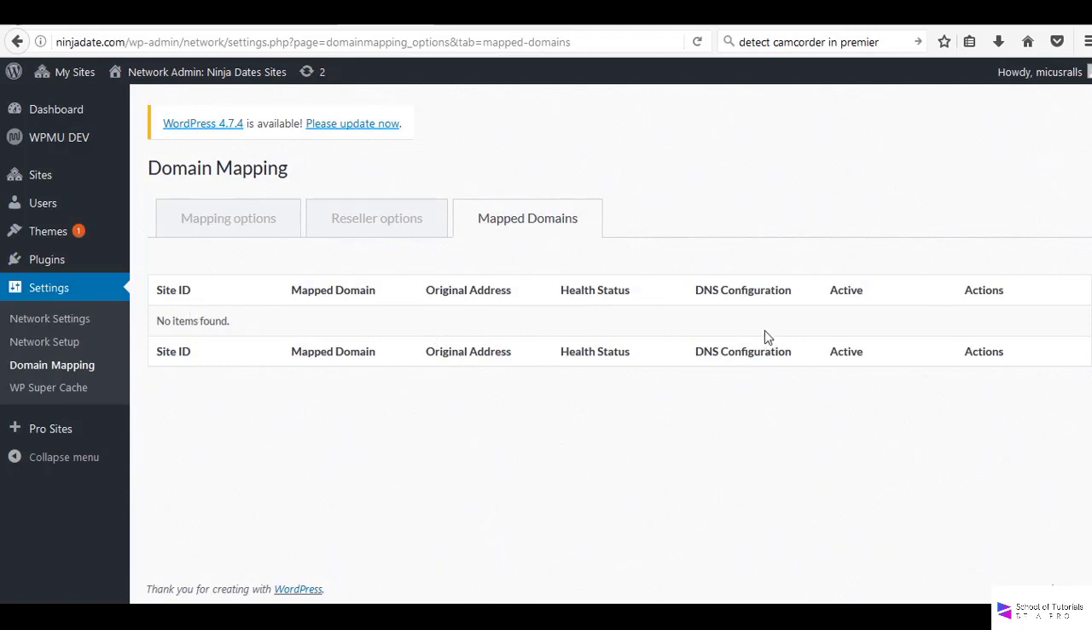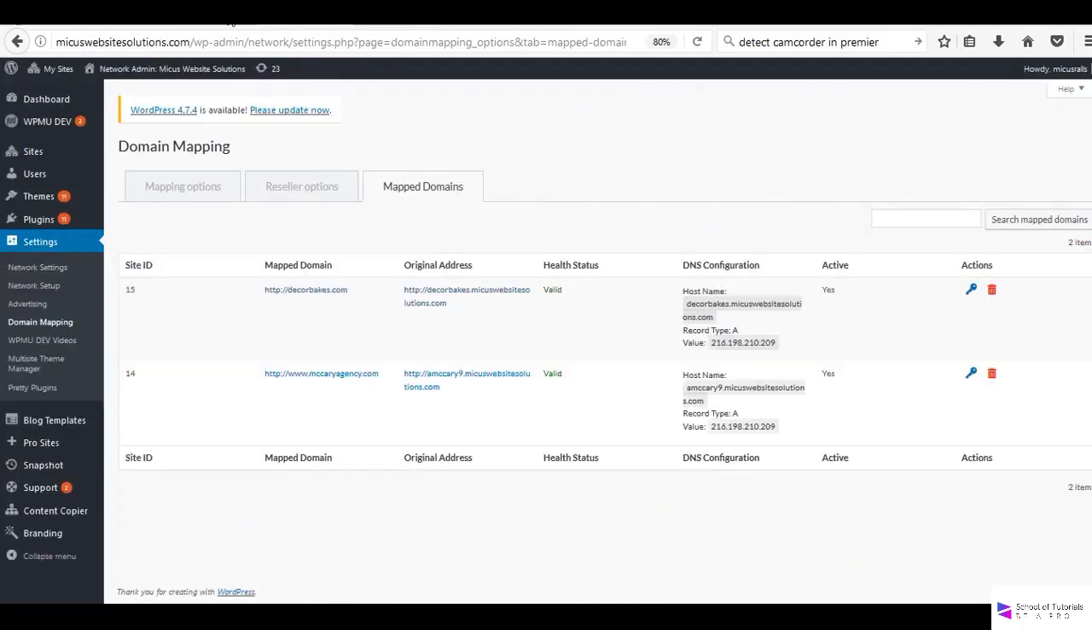So what I'm going to do is show you what mapped domains look like, because on my other site, I actually have a couple of domains that are mapped. So now I am in the domain mapping dashboard, or the network dashboard, on one of the networks that I manage. And I'm going to show you what it looks like once a domain is mapped. So you can see here, I have the site ID listed here, which is generated by WordPress. Then this is the name of the domain that I added to my server, and of the website right here,